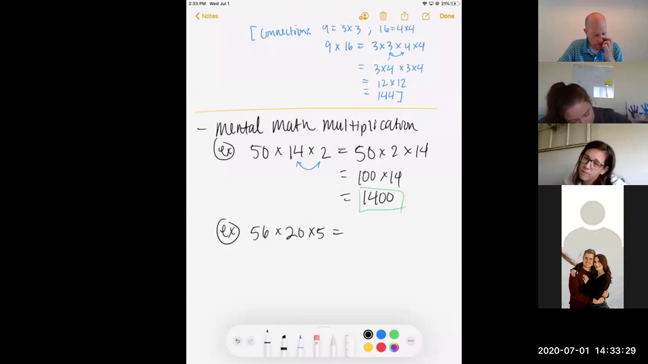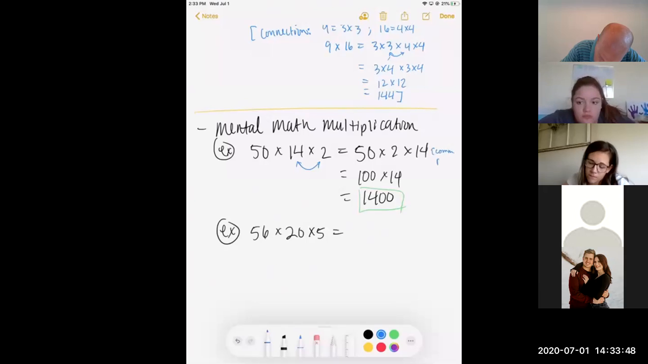Okay, what would I do first on this one? 56 times 20? Order of operations. 20 times 5. Wait, can I multiply the second two numbers before the first two? Okay, what property says that? Associative. Okay, make a note of the properties. So a commutative property for this first one. And the associative property says that I